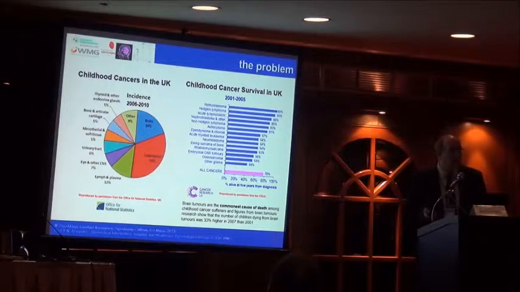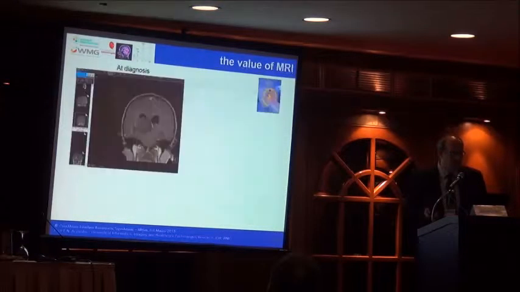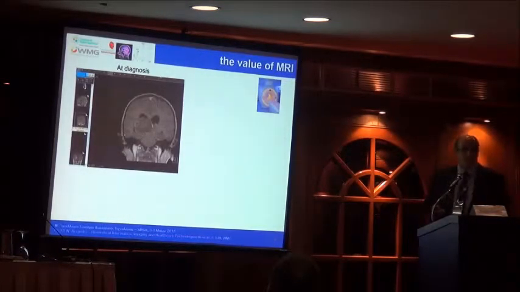Now, why magnetic resonance imaging? It is very useful because from the point of view of clinicians, especially radiologists and neuro-oncologists, MRI is very good in giving us some information about the anatomy and the structure of the tumor at the level of diagnosis. That's an example of a posterior fossa tumor, a terrible astrocytoma.